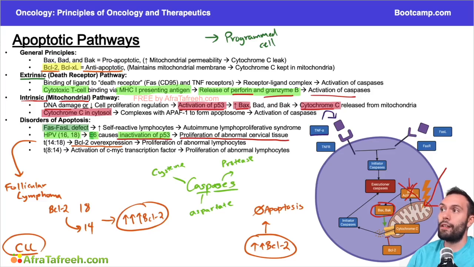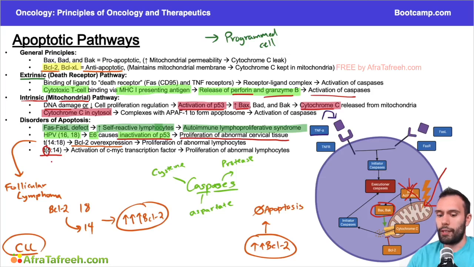A Fas receptor or Fas ligand defect is going to cause an increase in self-reactive lymphocytes. We talked about that because this is what we use for negative selection. So you can get autoimmune phenomena or autoimmune lymphoproliferative syndromes where we have T cells that are essentially attacking a cell. Finally, the last one on here is an 8-14 translocation, where we again are moving a factor from chromosome